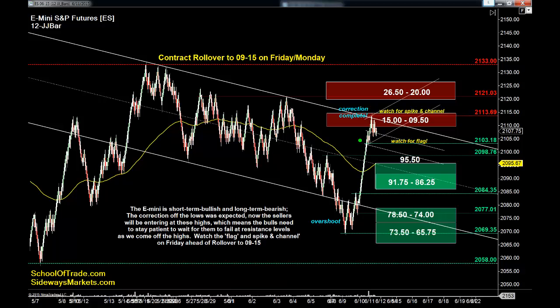And if you see the channel here, sellers, you can sell the high. Buyers, you can buy the low. It's usually very well behaved. And remember, when it breaks, it's going to go higher, right? It's going to go higher as long as it gets that deeper correction. 95.50 is where I'd be looking here for those really nice deep correction areas for the next leg up. Okay, and then you're looking for that measured move. I have no idea what's going to happen tomorrow.